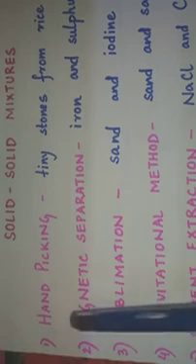The first one that we will take up is hand picking, or we also call it mechanical removal. Now what do I exactly mean by mechanical removal? What I have given here are some typical examples, but I also need to explain it to you. So hand picking is basically when there are 2 solids, they have different textures, they have different color, and they are large enough to be separated by us using our own hands.